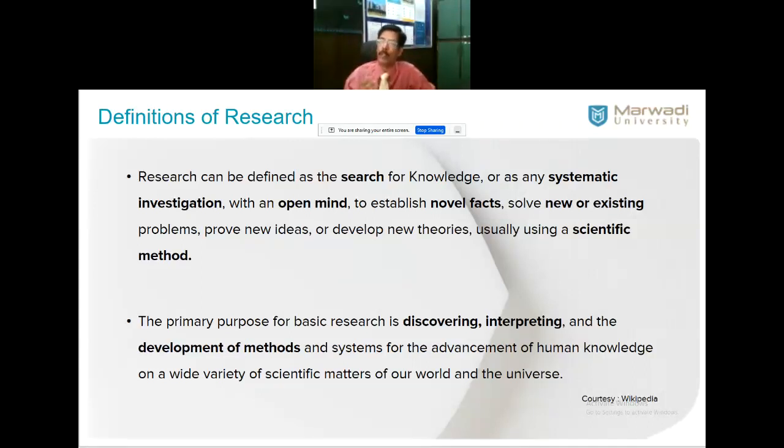Computer people know that there are two varieties of systems, open system and closed system. Closed system means all the environmental inputs are closed. We are not able to receive any further inputs from outside. Open system, on the contrary, you keep the entire thing open, keep the window open, keep the door open, everything open. Keep your sensory organs open, your eyes, ears, nose, tongue, touch. All these things you keep open, allow the environmental inputs to pass through them to reach you. Then only you can be a researcher.